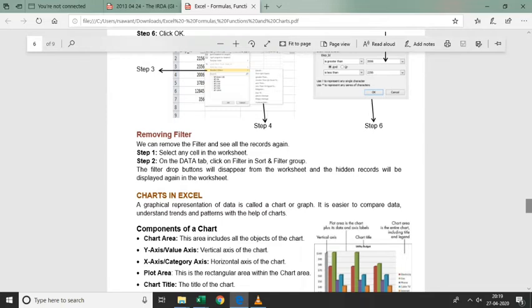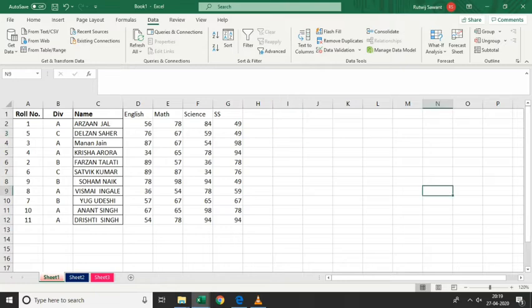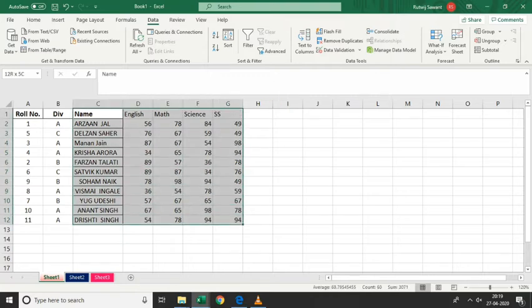So to insert a chart, I'll select the data which you want. So very first thing is select your data. After selecting your data, you will go to the Insert tab, and you can see within the chart group you will get different types of chart.